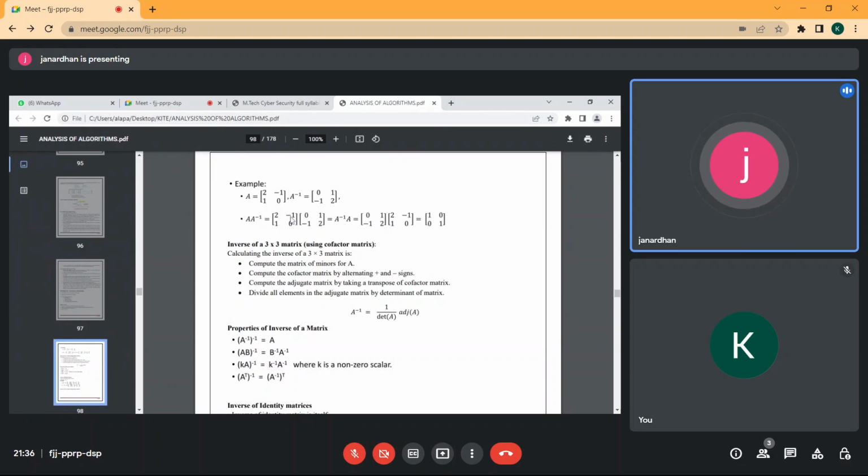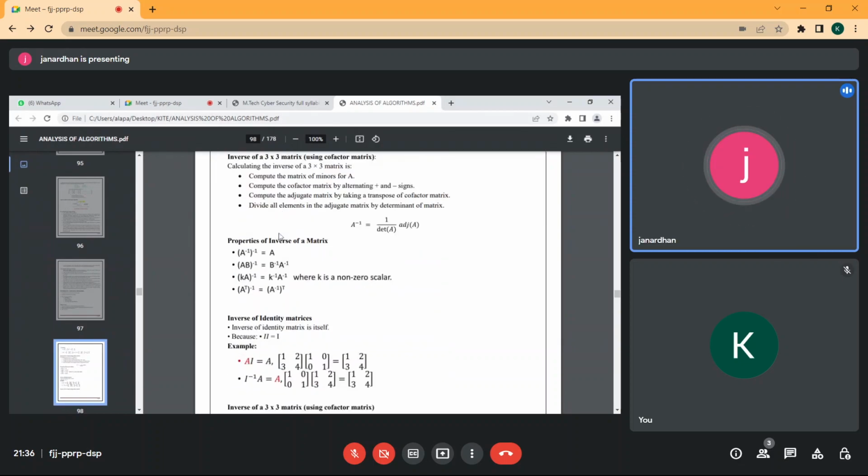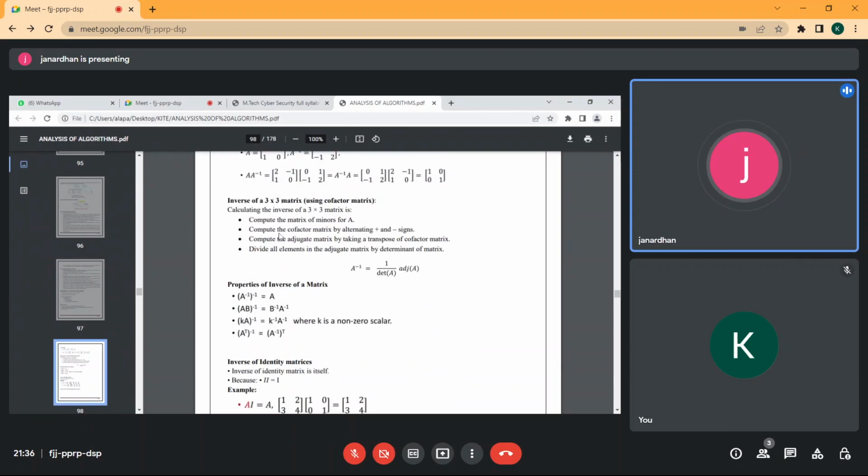A into A inverse equal to A inverse into A equal to I, check it: 1, 0, 0, 1. It is I. Inverse of a 3 by 3 matrix using the cofactor matrix. Calculating the inverse of a 3 by 3 matrix is